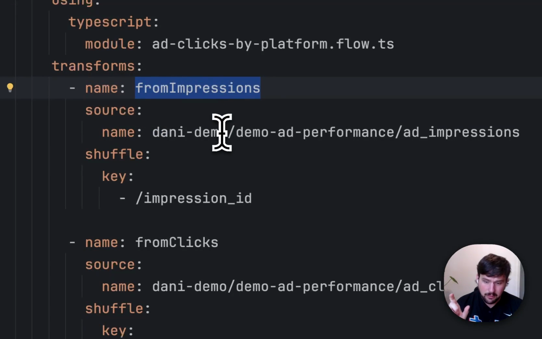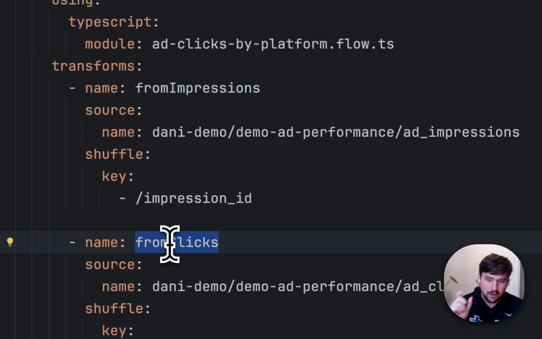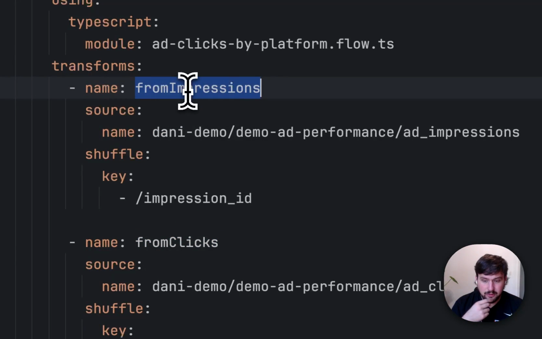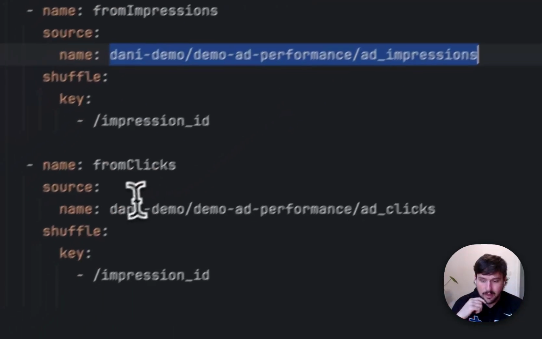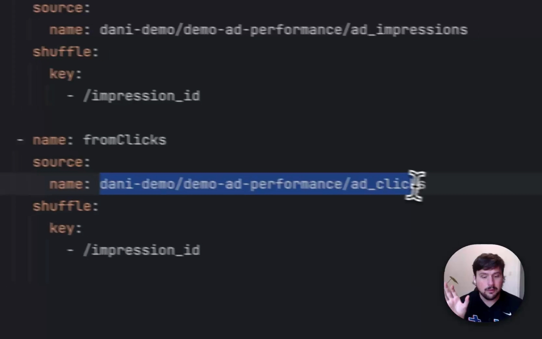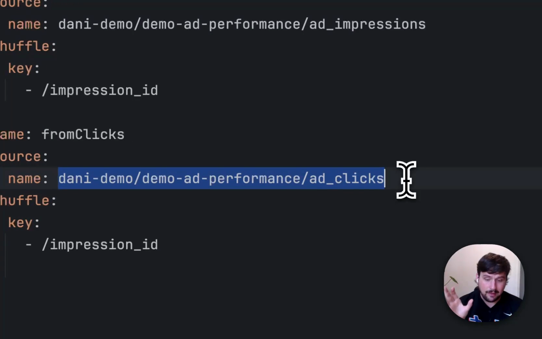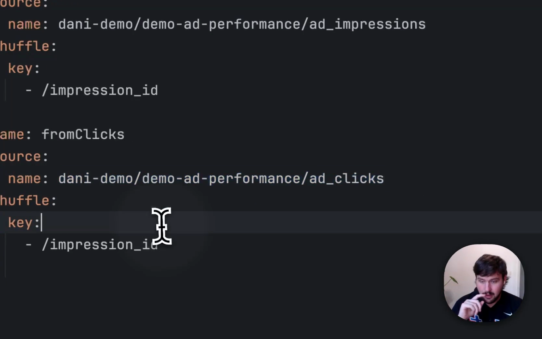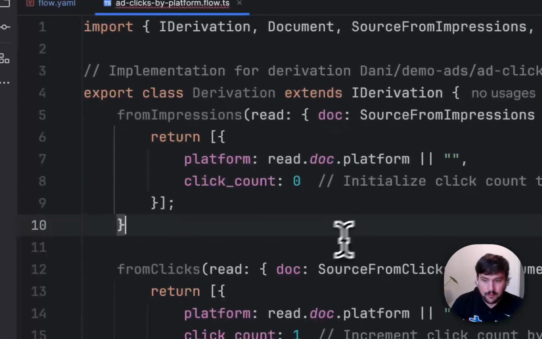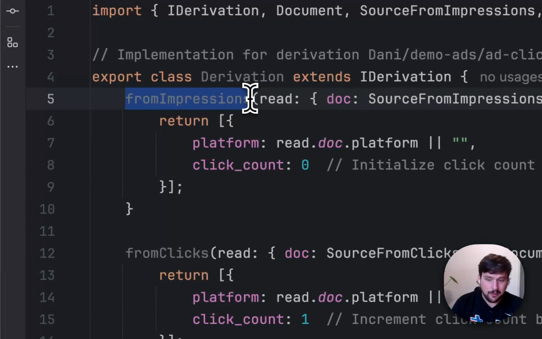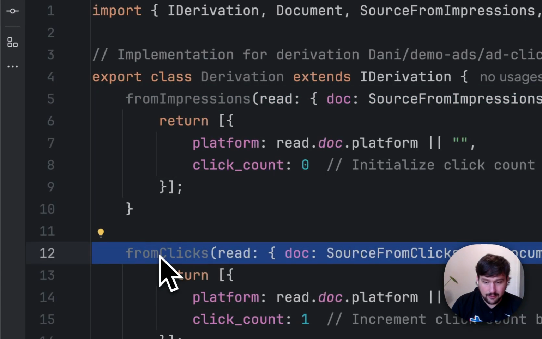One is called from impressions and the other one is called from clicks. The from impressions is going to grab the values from the add impressions collection, as you can see here, and the from clicks function is going to grab the values from the add clicks collection. So if I take a look at the TypeScript function itself, this is how the implementation of these functions looks like. Here's the from impressions, and here's the from clicks